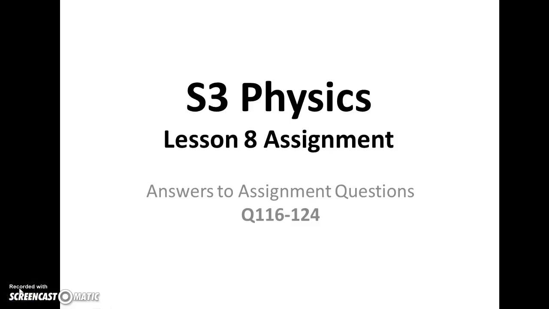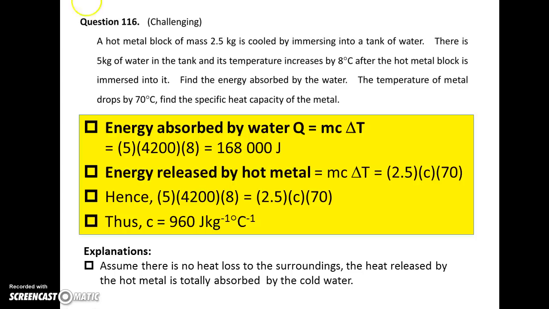Answers to assignment questions. Question 116. A hot metal block is cooled by immersing into a tank of cold water. The temperature of the water increases by 8 degrees Celsius, and we may calculate the energy absorbed by the water in this way, mc delta T. Similarly, the energy released by the hot metal block can be expressed in this way,